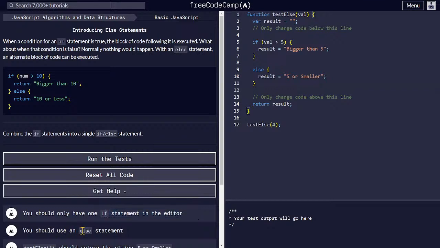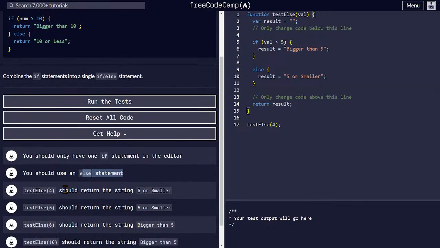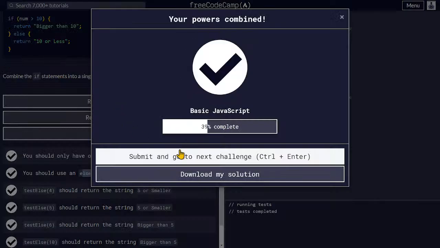It should be an else statement. So if we run the test,